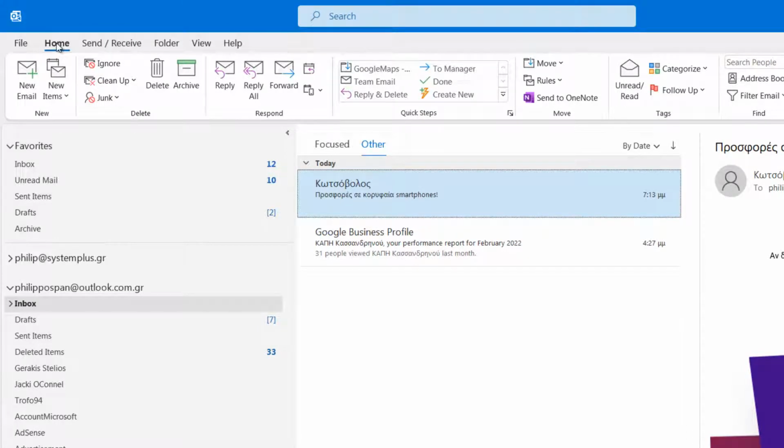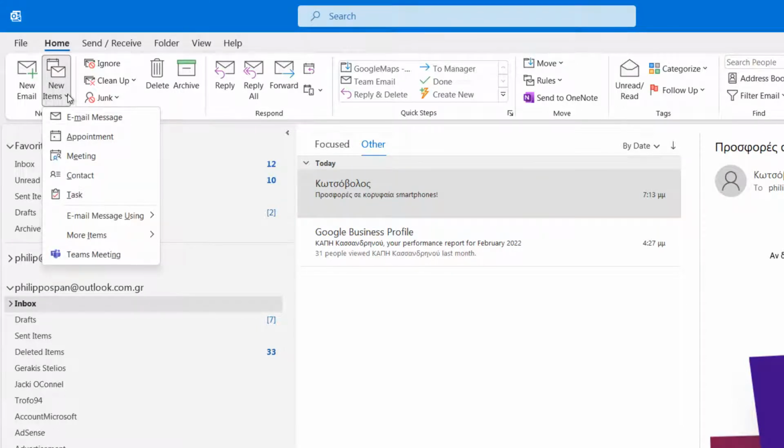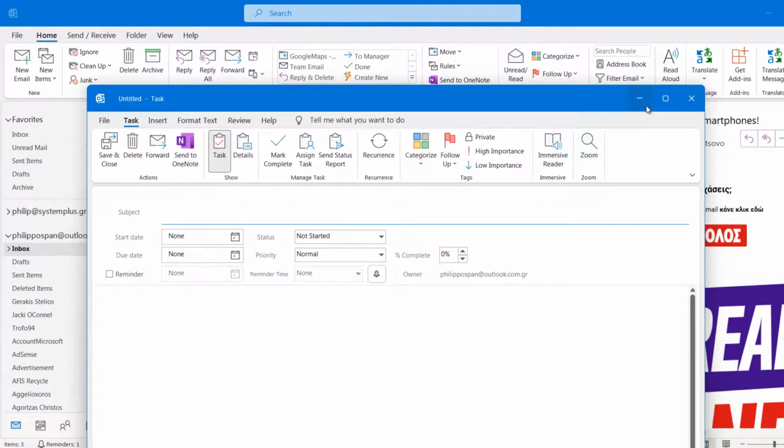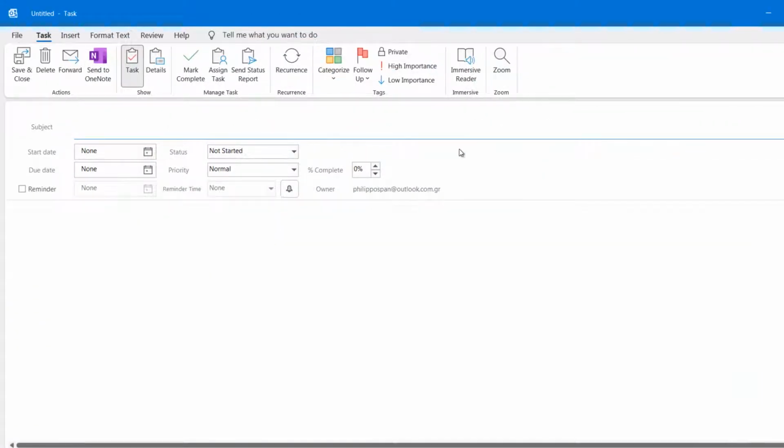We must select the Home tab, and from the left area of the ribbon named New, we select the New Items command. Once the New Items command is selected, the drop-down menu appears where we select the command Task. Once the Task command is selected, the Task dialog box appears where we can set